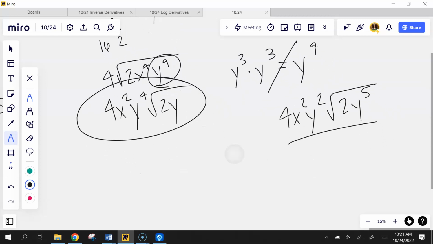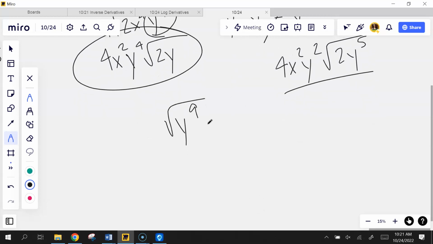Look, I could rewrite this square root. Let's just look at the square root of y to the 9th, because that's the one we're struggling with, right? I could write that as y to the 4th times y to the 4th times y to the 1st. Do you agree or disagree? Because you add them all together, right? Well, since these are exactly the same,